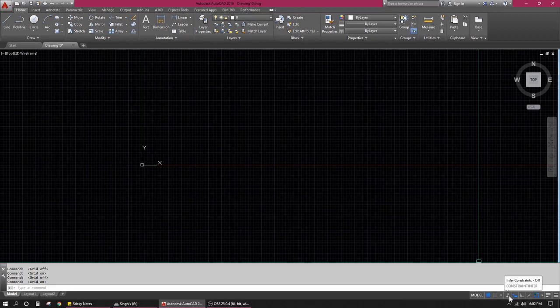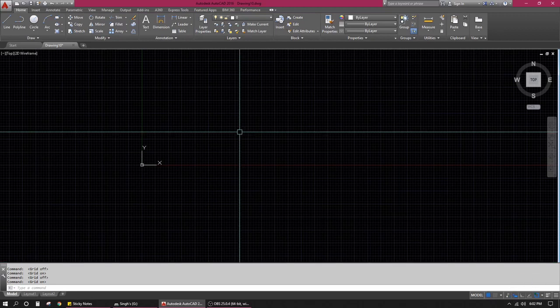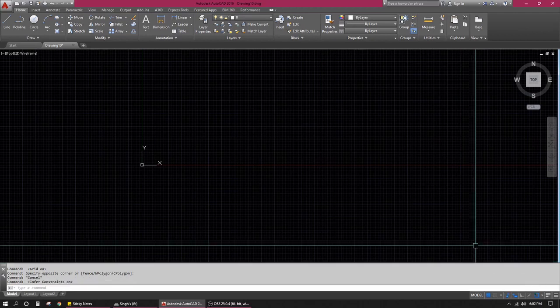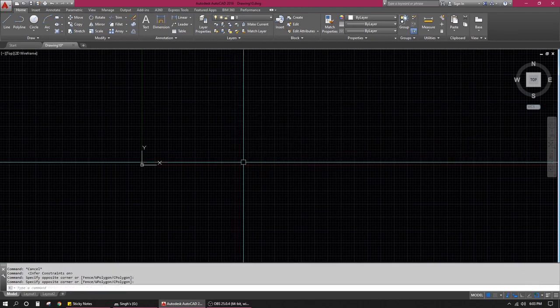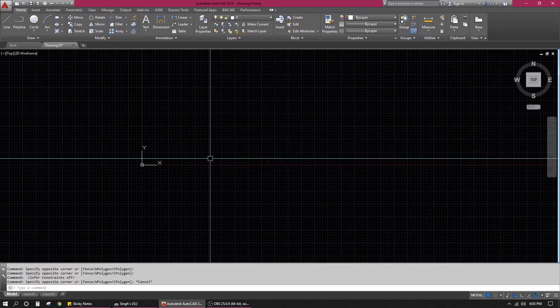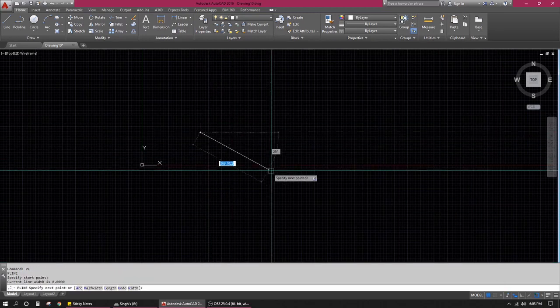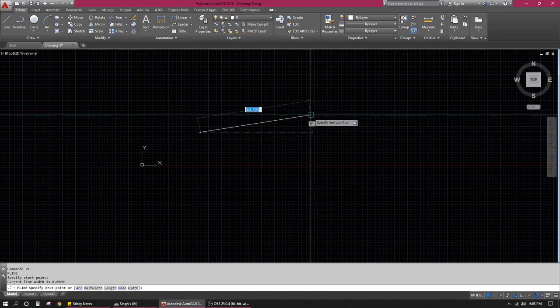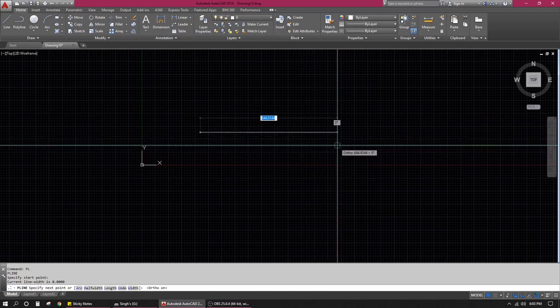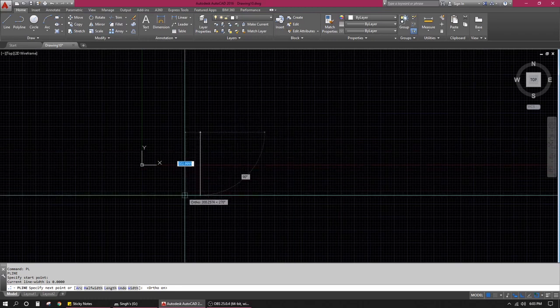Now going ahead with info constraints. I usually keep that on because it helps me in drafting. You must have seen the difference, right? Now if this is off, I put a command over here and it shows me a value right next to it, the dimension of the line, how long the line is.